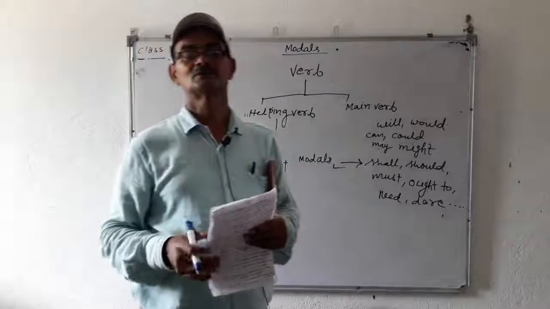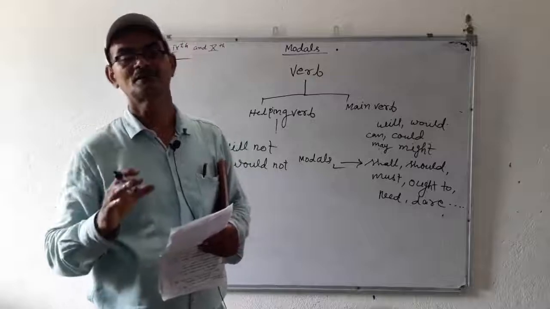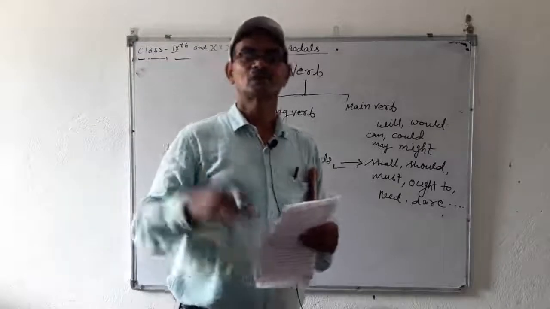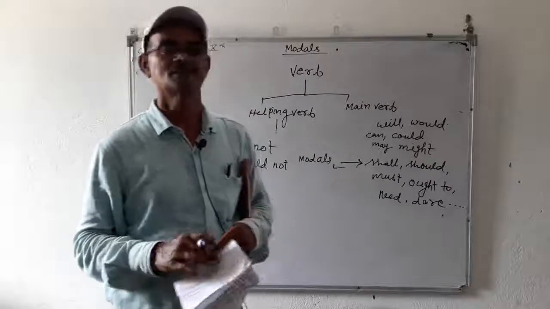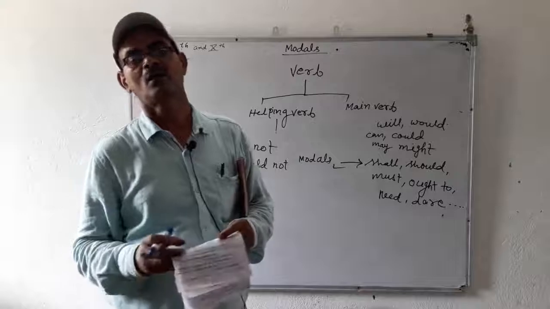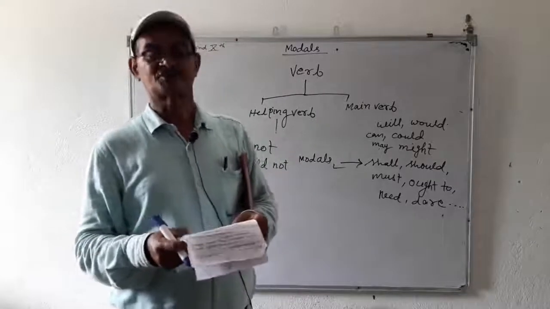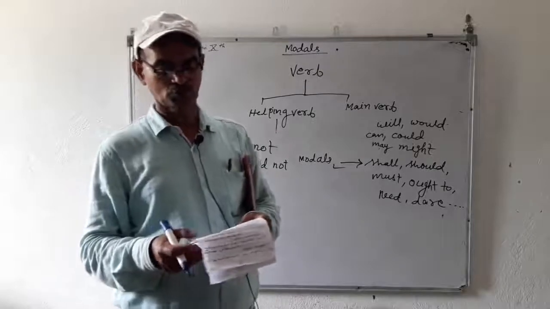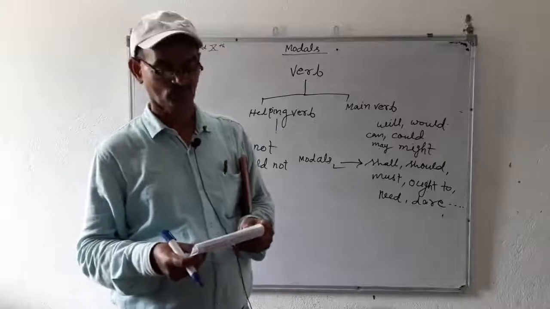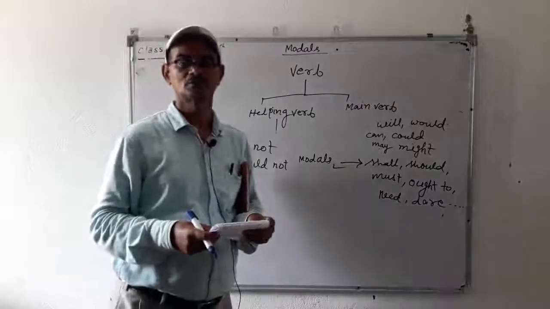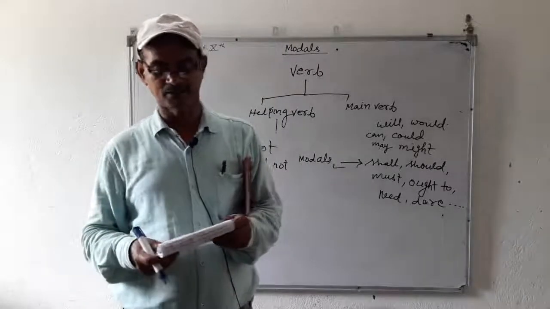And when we use will with first person singular and plural, I and we, its expression changes, and it expresses promise, resolution, determination, order, threat, offer, etc. I will return your book tomorrow. It is perfect, it is sure that I will return your book.